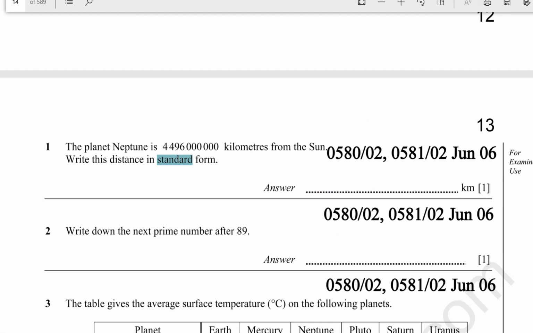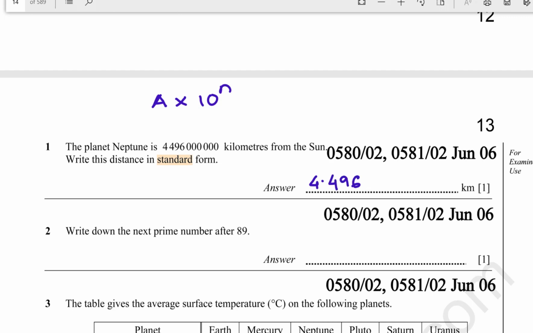The planet Neptune is 4,496,000,000 kilometers from the sun. Write the distance in standard form. Again we need to write this in the form a into 10 raised to n, where n is a positive or negative integer, and a can be equal to 1 but less than 10. So straight away we can write this number as